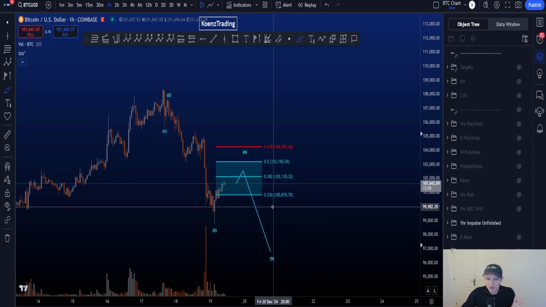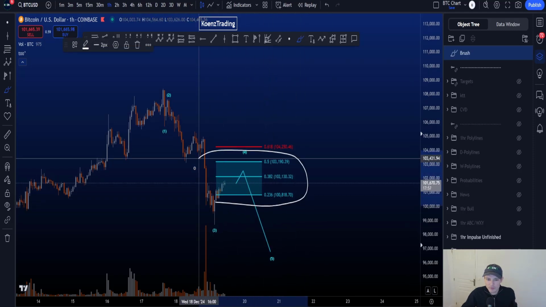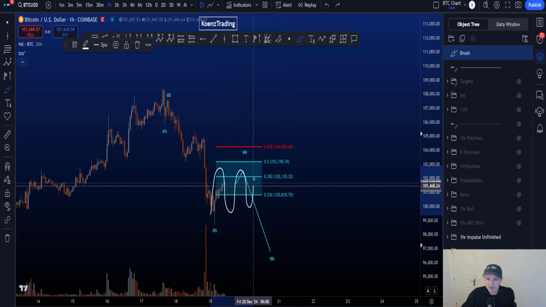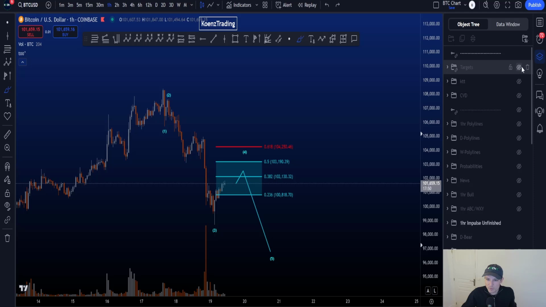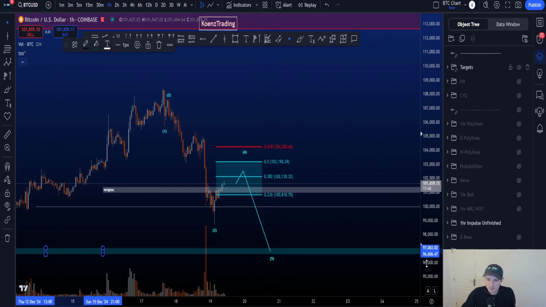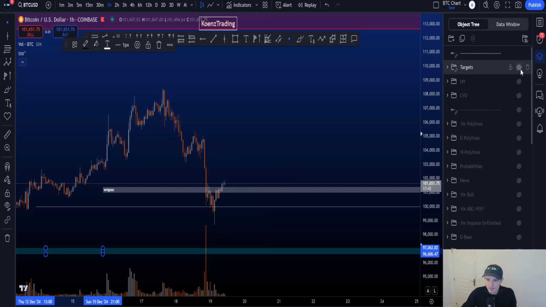Now, what we want to see in a wave 4 is wave 4 retrace to the common target area, which it has done, but then of course create a sideways ranging structure and then create one more low. We do have some support to the downside still here, this blue box, 96.6k to 97k. Now, the reason